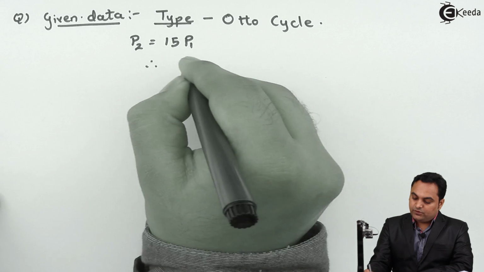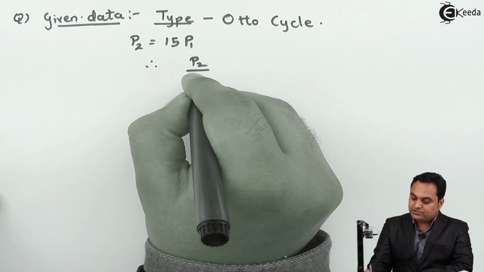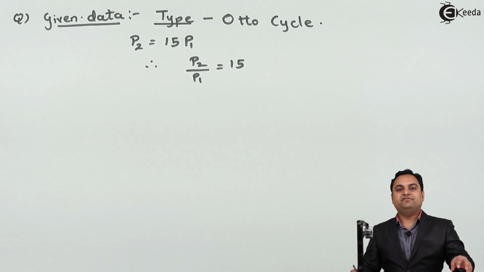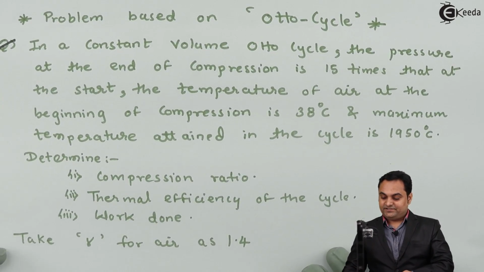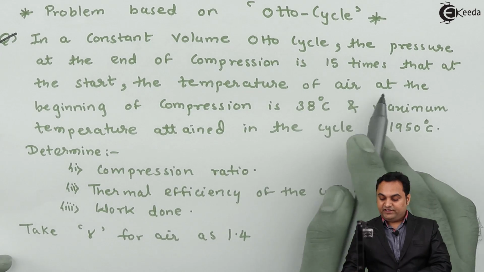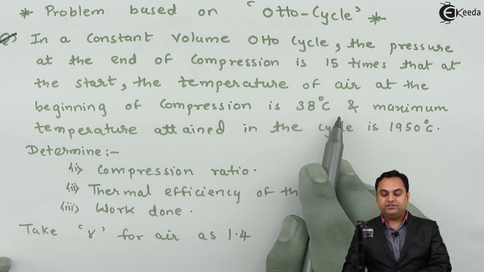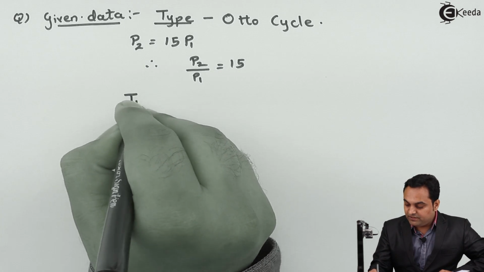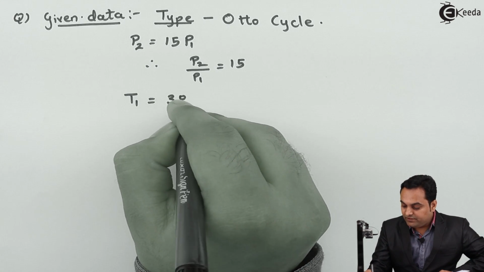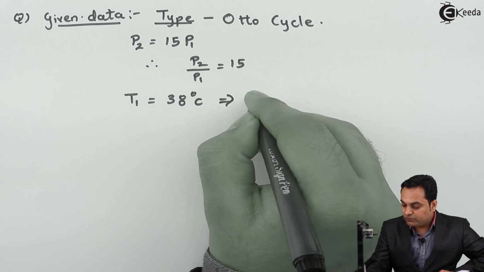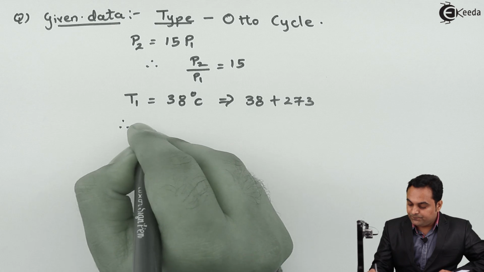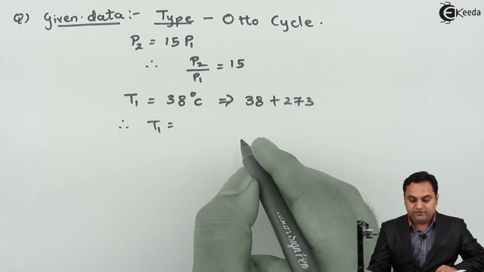So this is the other way of saying that the pressure ratio is 15, because P2 by P1 will be 15. Next, the temperature of air at the beginning of compression is 38 degrees Celsius. So at the beginning of compression means T1, that is 38 degrees Celsius. So it will be 38 plus 273. So therefore T1 will be